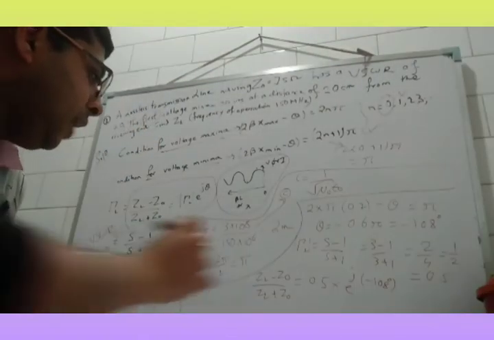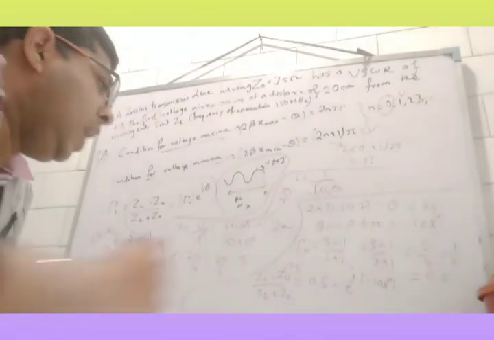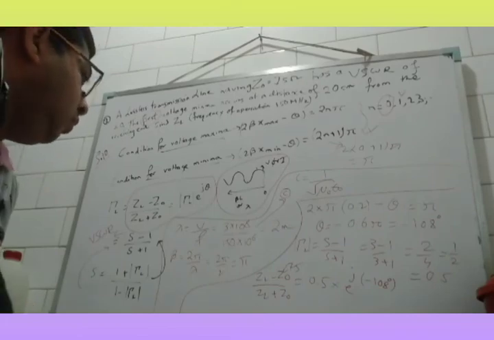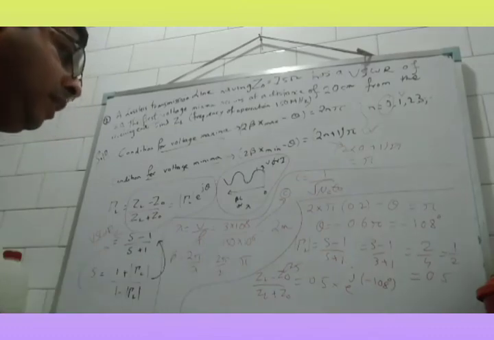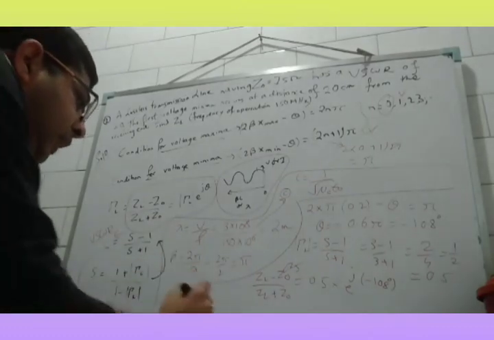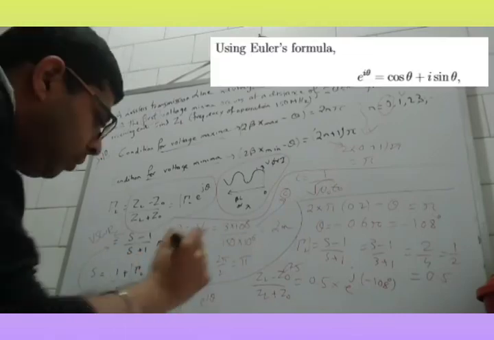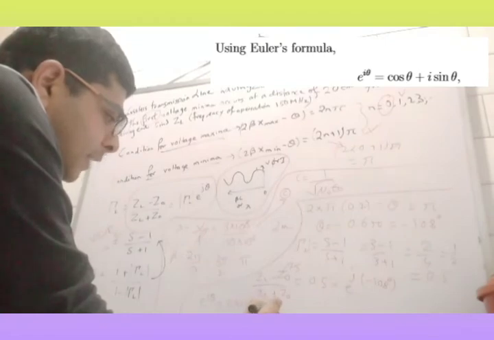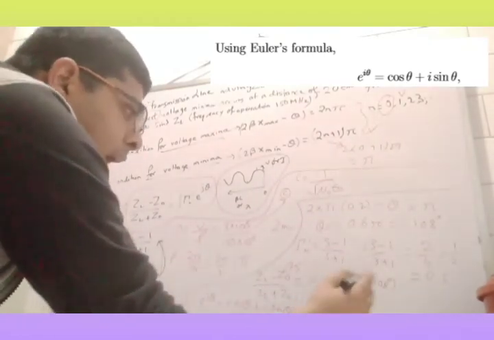Okay, and of course this Z0 is basically 75. Now I think you can calculate this. What you can do is calculate this ZL from here. So e to the power j theta, what is that? It is cos theta plus j sin theta, right? So you are asked, the angle is